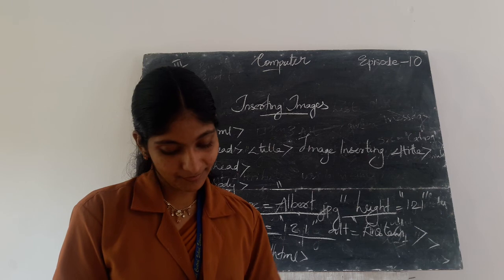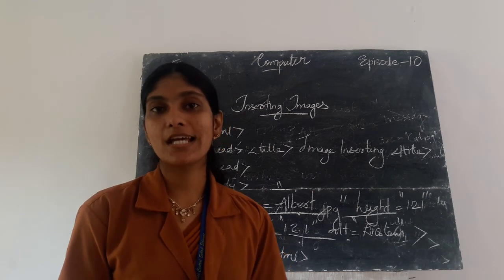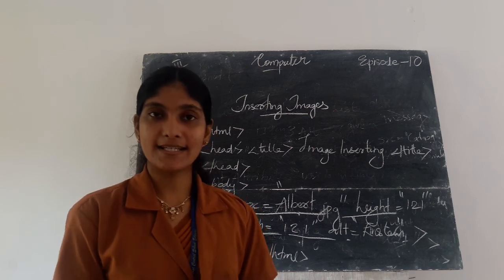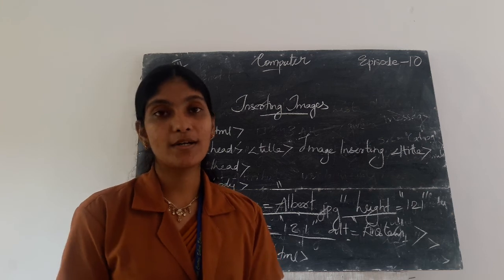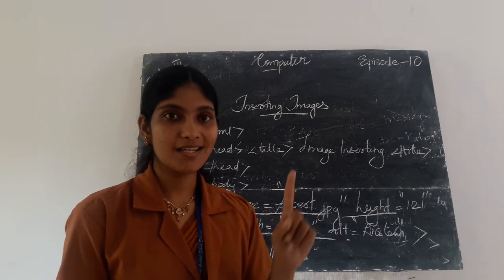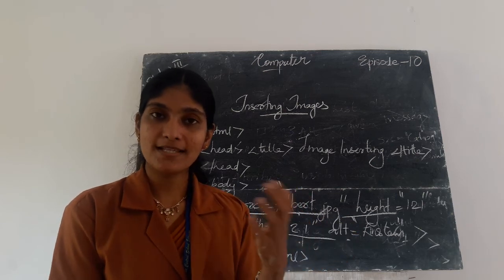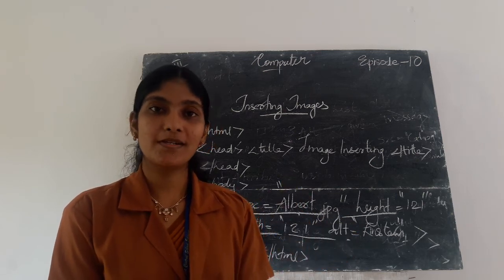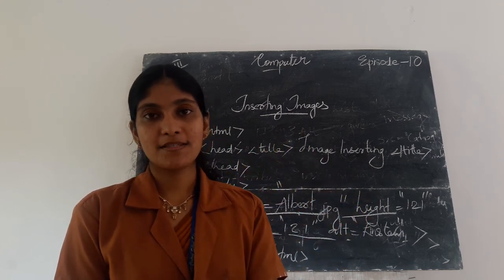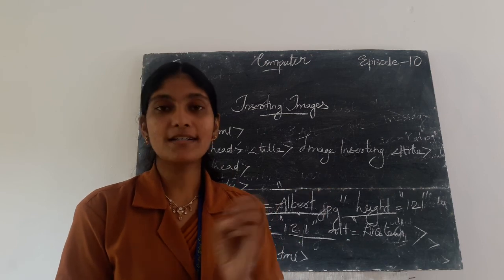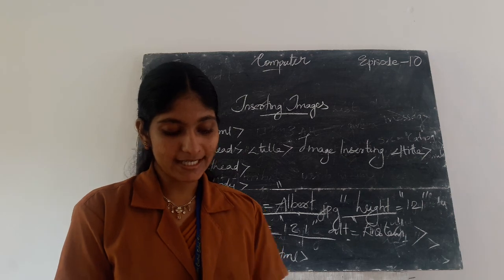Then there are some examples. Then next is types of bullets. There are mainly three types of bullet: disc, square, and circle. The disc shaped bullet is the default. If you want to replace the bulleted list with a square shaped list, just type UL type is equal to square, or UL type is equal to circle.